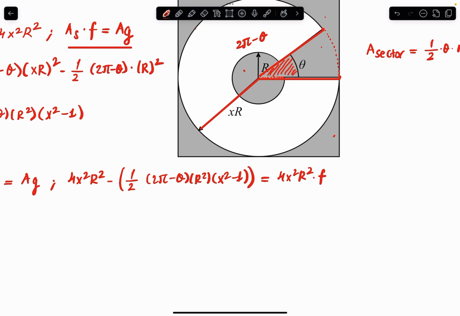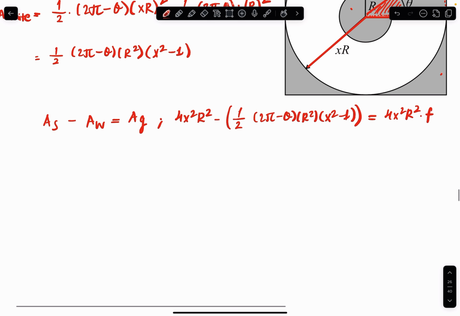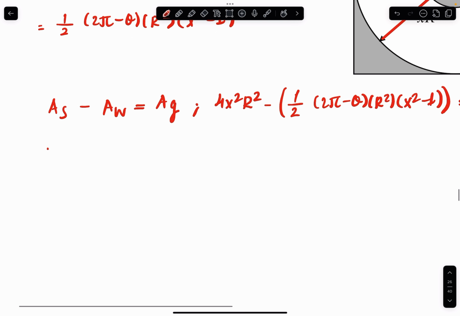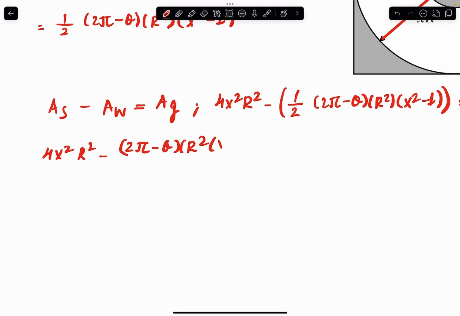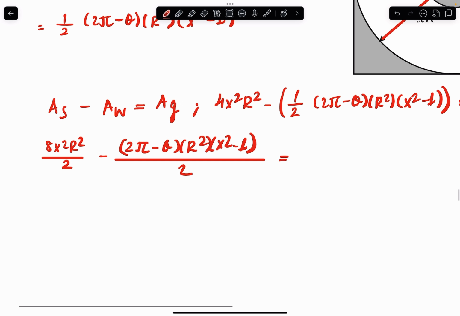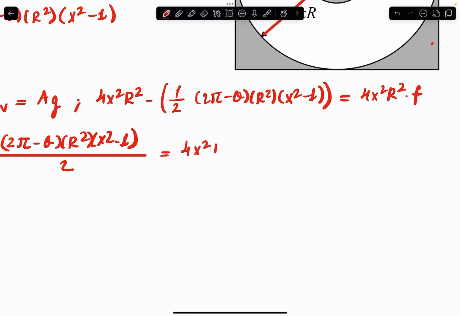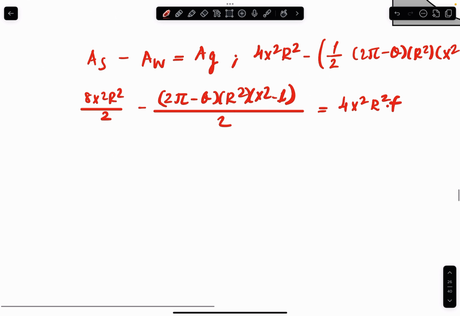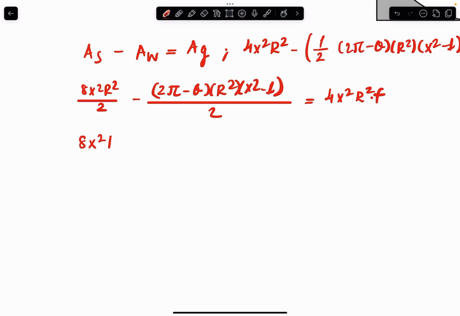We have derived this from something that the question tells us. So what's left to do is to just arrange the equation so that the theta that we have is left alone. So I'm just going to do that right now. R squared x squared minus 1 over 2. And we can also write this as 8x squared r squared over 2 equals 4x squared r squared f. This is just going to be equal to 8x squared r squared minus 2 pi r squared theta r squared